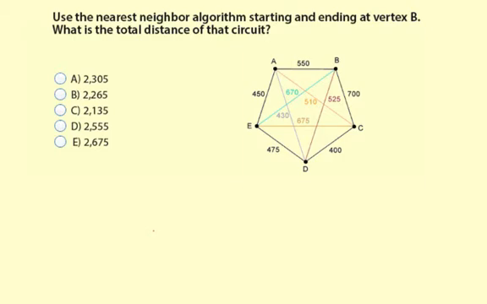Use the nearest neighbor algorithm starting and ending at vertex B. What is the total distance of that circuit? Okay, so we're starting at vertex B,